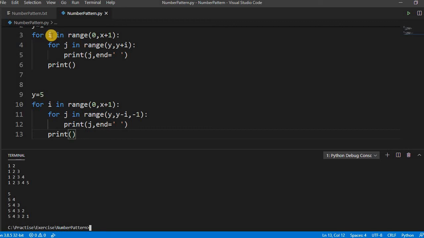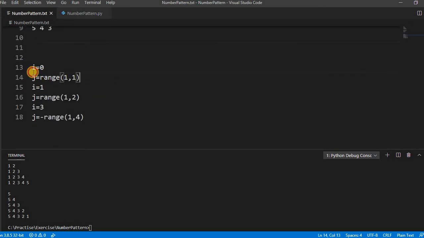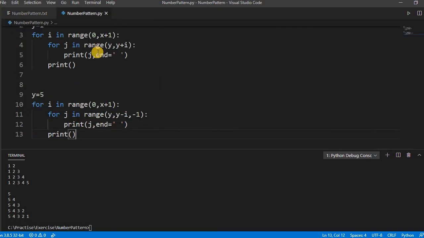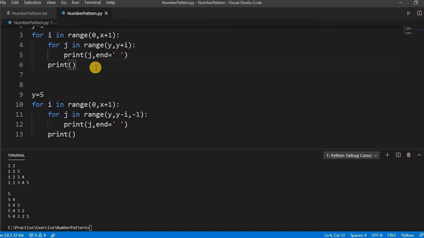So we only have to understand how the loop inside a loop works. For 0, if you see here, for the value of 0, it gives you this value. When i becomes 1, then it will give you this value. When i becomes 3, then it will give you this value. And based upon that, it will print. One more thing, if you remove this end, it will print line by line, because we have to print on the same line. That's why end is required, right? For the new line, it's given here. So once the loop ends, it will print a new line. Otherwise, it will be printing on the same line. So we have to take care of this end and this print also, right?